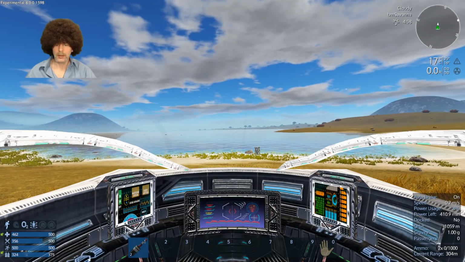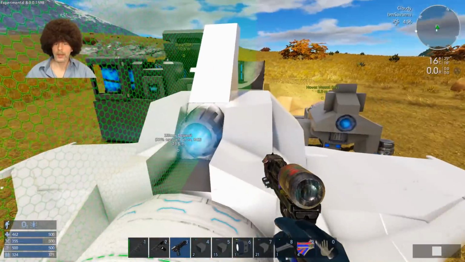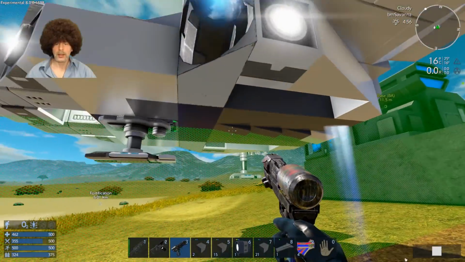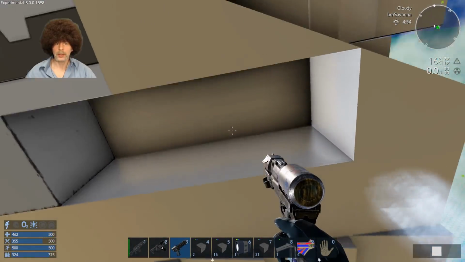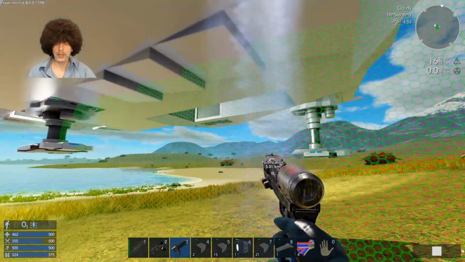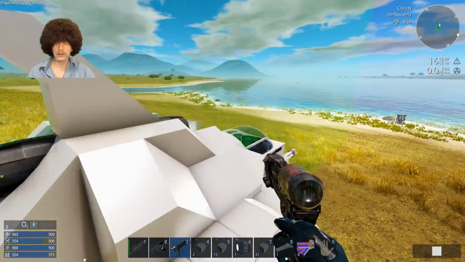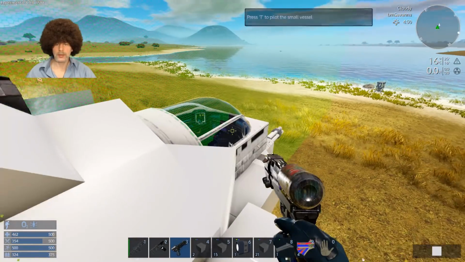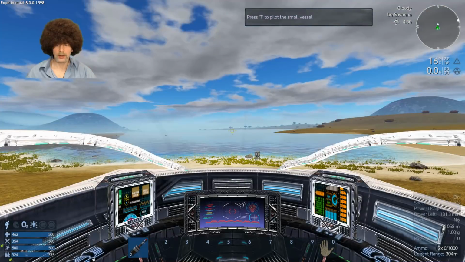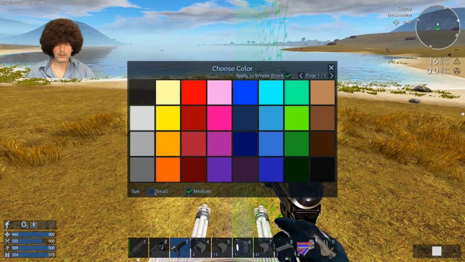So the paint tool has a medium size, but there is still a bug where when you're looking up quite a bit, sometimes it does not see what you're pointing at very well. So you do need to take that into account. It can be a stubborn brush sometimes. And so we've got our basic color, and then we just need to switch back to small,